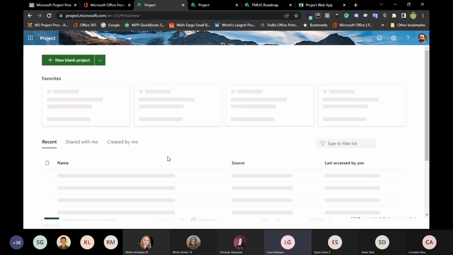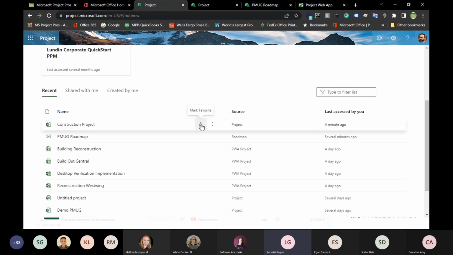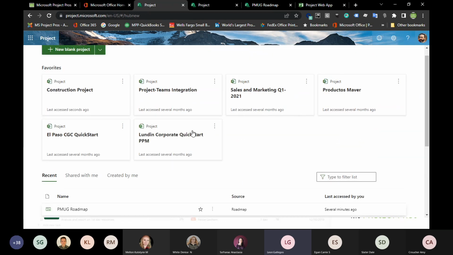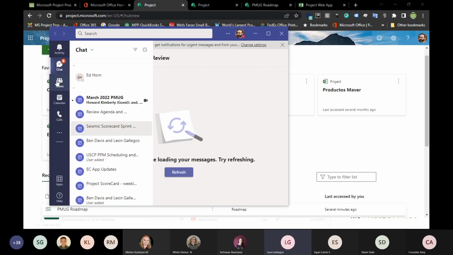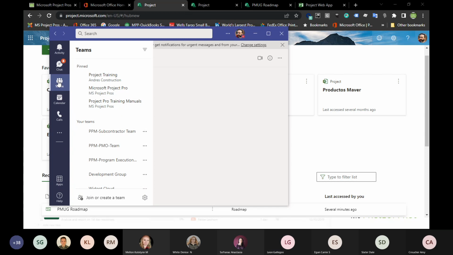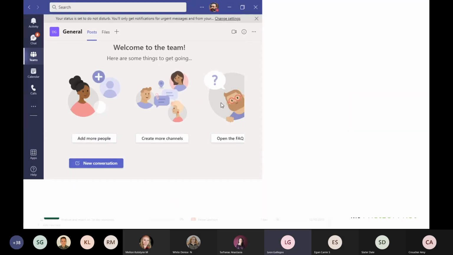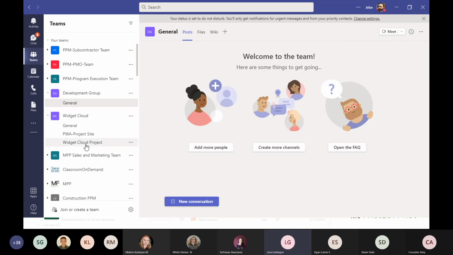If I go back to the home, it basically is now just an available project. There's that construction project. I can do something like mark it as a favorite, and then it'll just pop up here to the top and we can start working on it. Directly within Teams, I can then add this project into Teams. So if I go back into Teams just briefly, right, I'll come in here into my Teams area. And you can see I have a lot of teams out here that I'm just testing with, but I'll just show you one of these. Let's maximize that screen. So if I'm here within Teams, let's get one that has a different channel here.